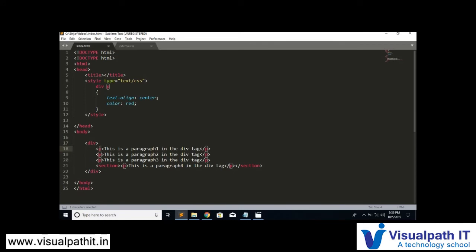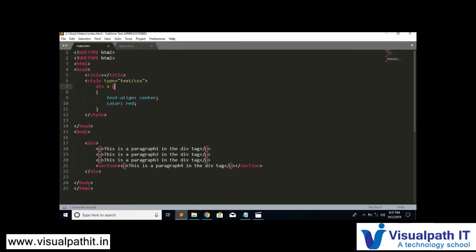But in the descendant selector we gave a space, right? So now we are getting the child. Now what is this? This is the parent. This sign denotes that this is the parent and this is the child. So now when we execute, let's see what the output is. Here we are not able to see any style given to paragraph 4. But you may ask, in the previous one we got the output. Yes, why? Because that was the descendant. So even that was considered.